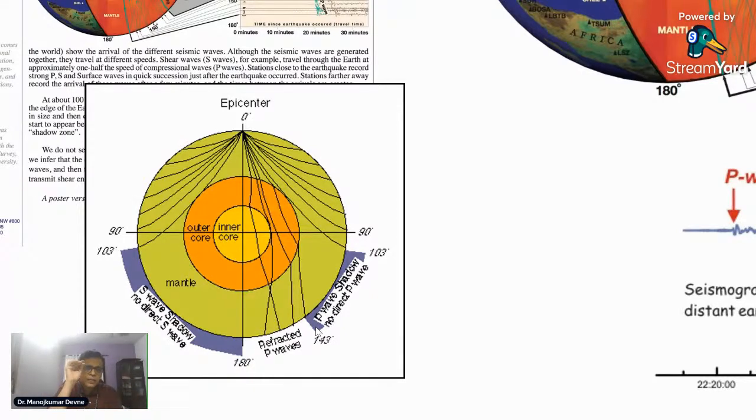So if I put the earthquake at zero, then I could easily calculate at what angle I should be expecting the P wave shadow zone, the S wave shadow zone, and so on and so forth. So I again repeat that earthquakes can happen anywhere on the surface of this particular planet. The only thing is that it is a matter of sheer convenience that that point, wherever it happens,